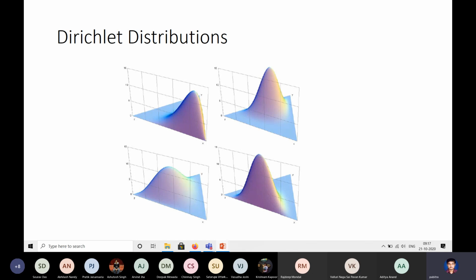So here are some shapes. What I had drawn, I could not draw well; this is a proper drawing. So these are examples of Dirichlet distributions. There are peaks in certain places and lower values in certain other places, but everything is over the simplex. Each sample drawn from this distribution is a location inside the simplex, and each location is a vector of parameters of a multinomial distribution. So each location represents a multinomial distribution, and this is a distribution over distributions.